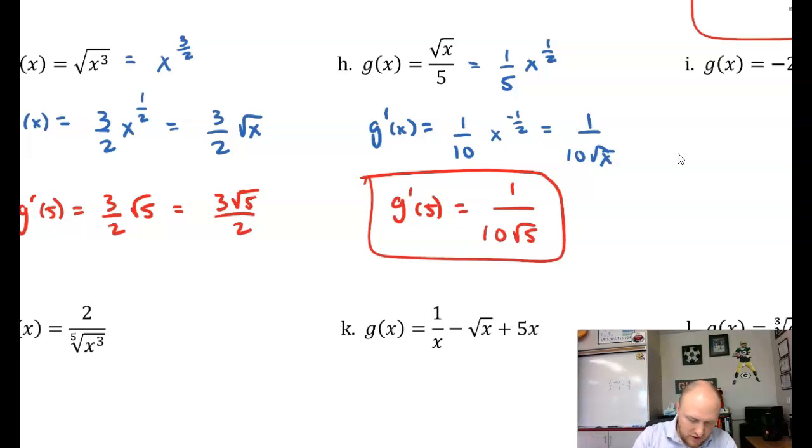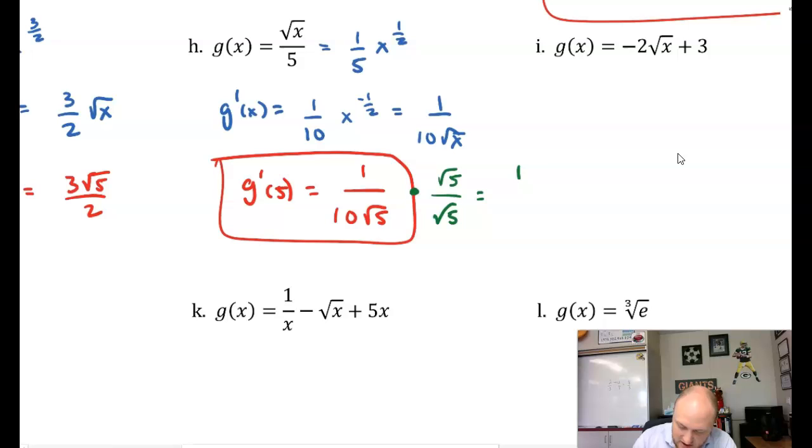Now, just to refresh your memory on rationalization, multiply by the square root of 5, multiply by the square root of 5. You may see this answer pop up on a multiple choice portion of the AP test, but this would be 10 times 5, so that would be 50, square root of 5 over 50, okay? All right,